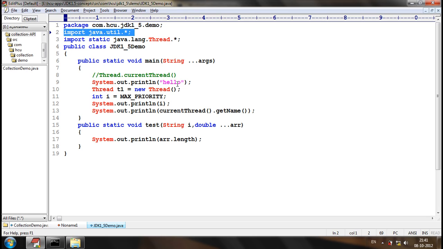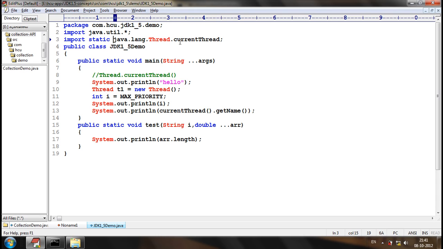Okay, this is about static imports. Static imports can be used both for attributes as well as methods. In order to go for static imports, we should write import space static space, the package structure, dot, the entity name, dot, the member or star. If you give star, then all the attributes and all the methods will be static imported. If you give a specific member, then only the member with that name will be imported.